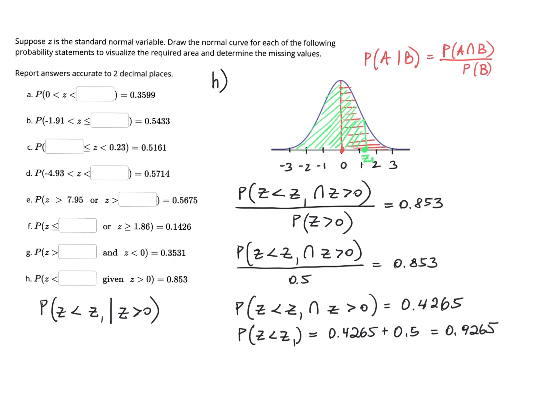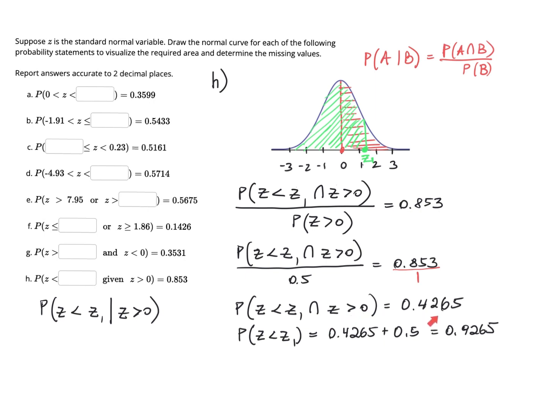Using basic principles of solving equations in algebra, I'm going to think of this number on the right-hand side of the equation as 0.853 over 1 to create a fraction. Now I can use the cross multiplication principle to solve this equation for this unknown expression, and it means I'm going to multiply across 0.5 by 0.853. As a result, I get probability of z less than z1 and z greater than 0 equal to the product